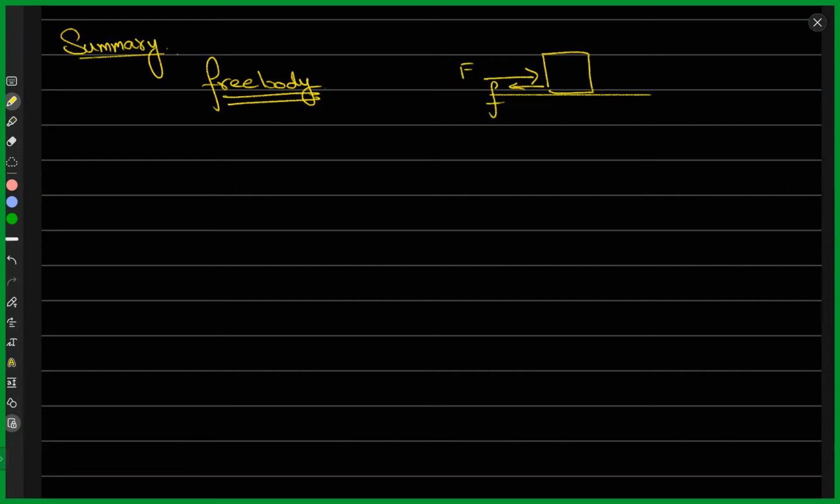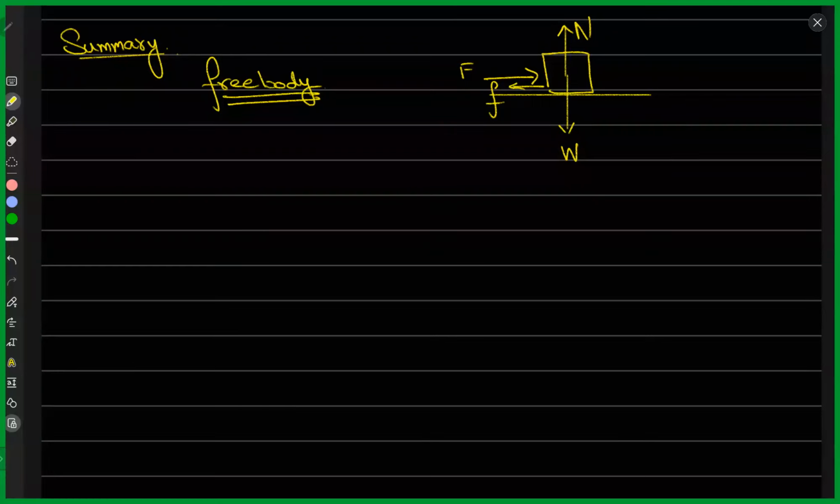The other pair of forces would be due to the fact that this object would have a weight. That's also a force. And because it's on the surface of the ground, there would be a normal force on this block as well. And let's call that capital N. So this is a free body diagram, right? So just drawing all the forces on what's happening to the block. All right. Now,